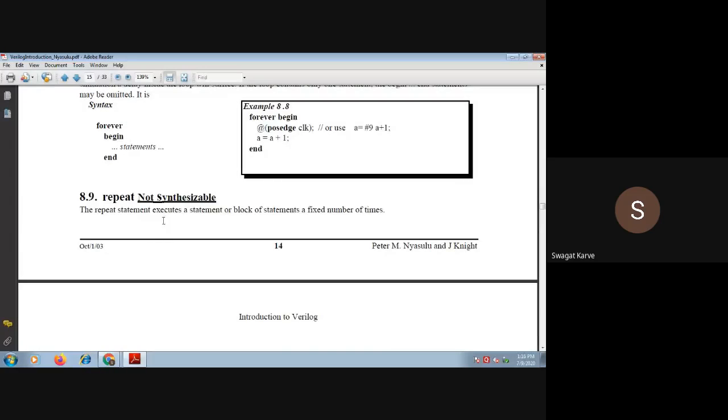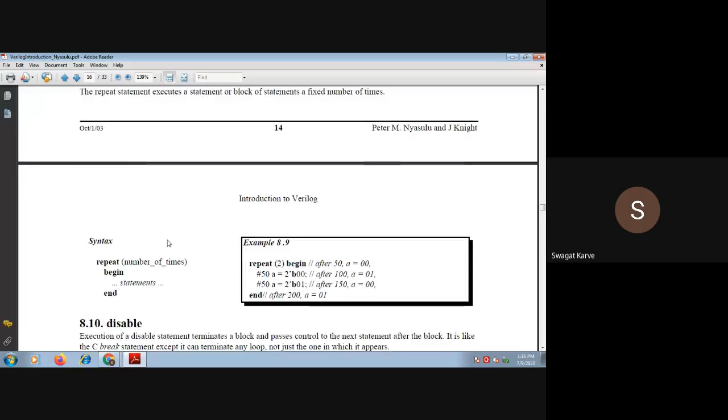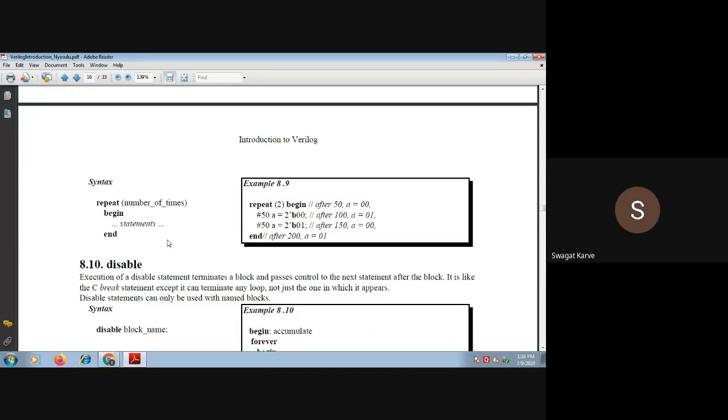Now repeat. This repeat statement executes a statement or block of statements a fixed number of times. That means if you want that statement to execute for just say 5 number of times without any condition, the repetition time